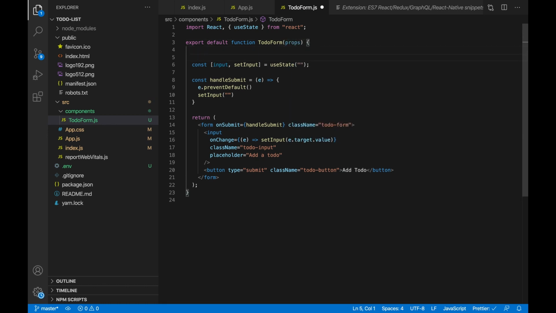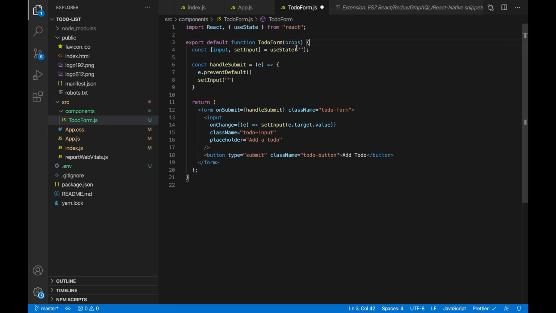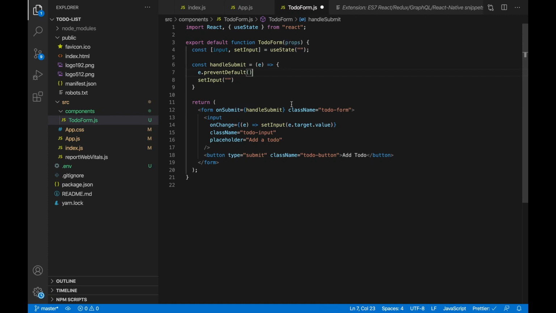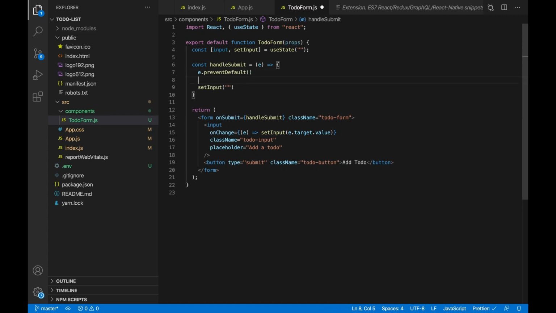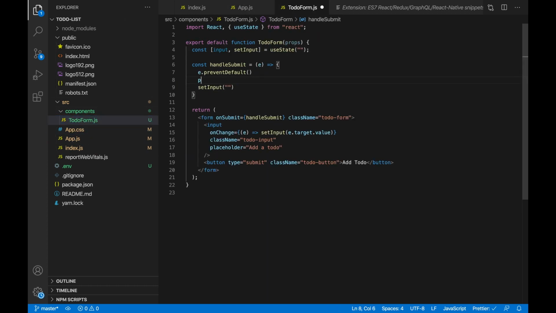and do object destructuring over here, so like this, const, and then whatever the prop is, so addTodo, and then this equals props. You can do it three ways. So I'm just going to do props for now. This is the simplest way, so you can understand. And then I'm going to call that addTodo function in app.js that we passed in, so props.addTodo,